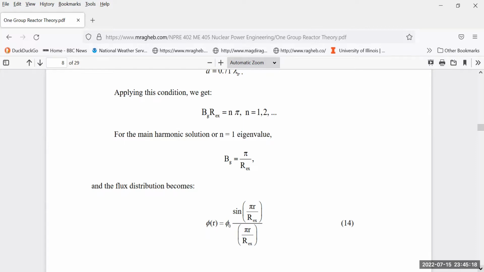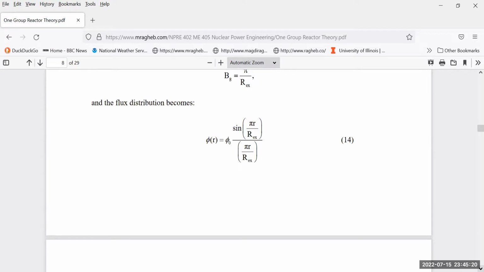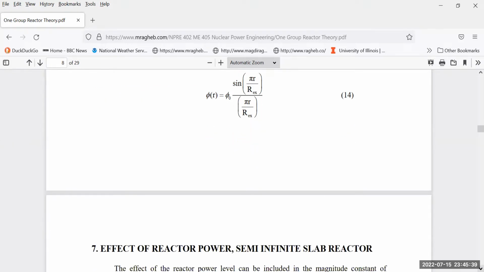And we can modify the solution for the power distribution in the reactor in terms of the flux as the initial value at the center multiplied by sine of pi r divided by the extrapolated boundary, divided by, again, pi r divided by the extrapolated boundary. So it becomes a little more complicated, but nevertheless,